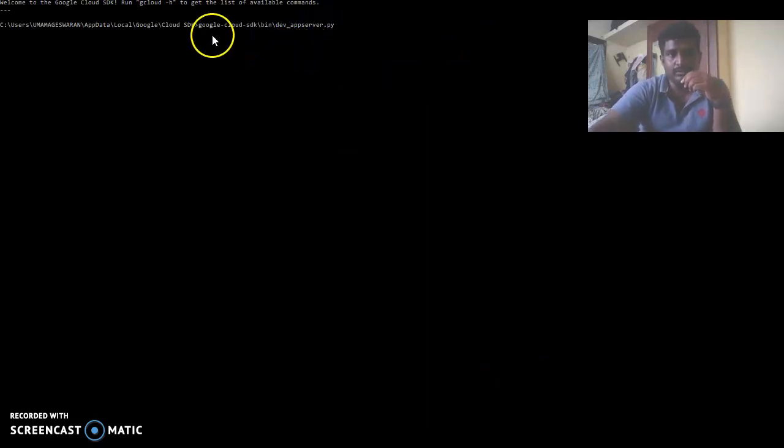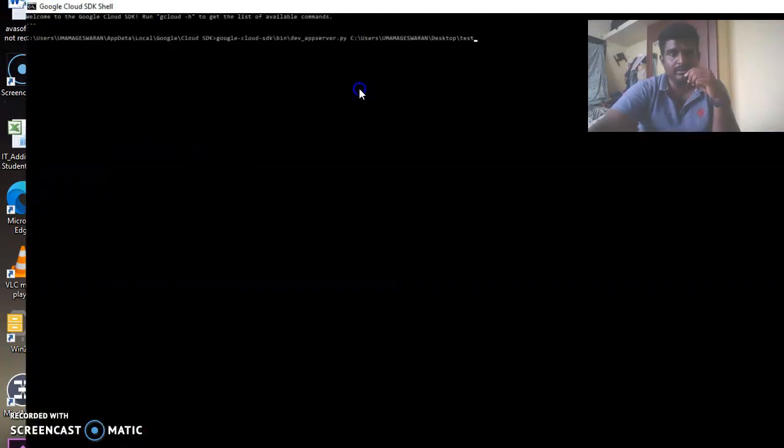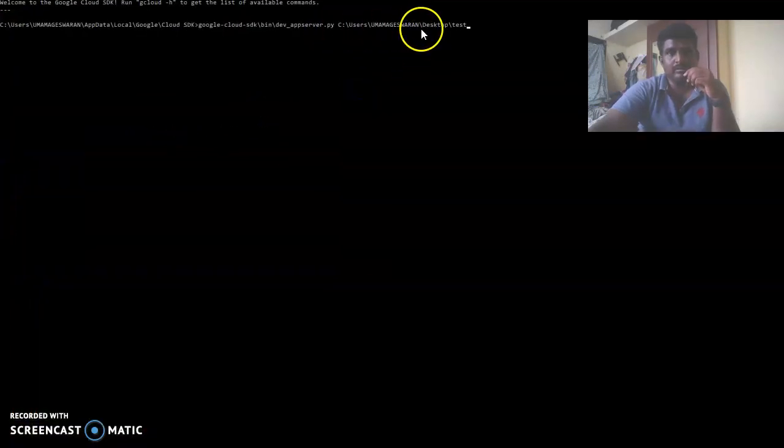I think you have understood that. I'm going to drag the file that I have created and put it here, which means I'm copying and pasting that location, so that the file is located in the test folder, the Python file, and it is on the desktop. This is the path I have made, and now I'm going to press enter.